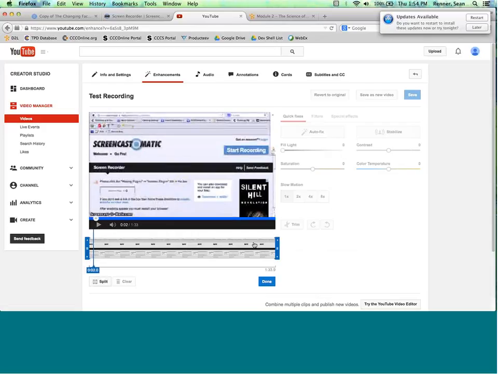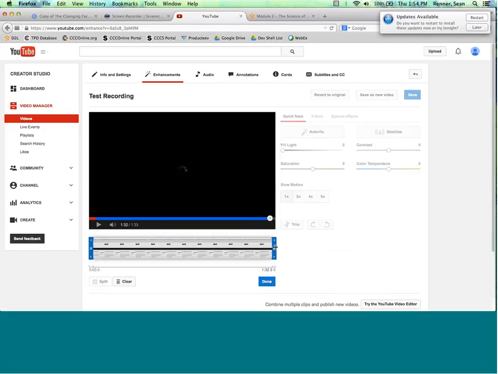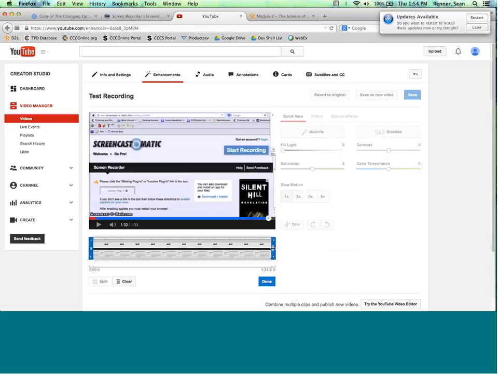If you click the trim button here, it starts playing it, so I'm just going to pause it, but you'll see that it brings up a little timeline. And it has these big blue bars on the left and the right, where you can actually click and drag and trim out the very beginning or a very ending portion of your video. So you can move back to a place where you know you've gotten rid of those parts that you don't want.